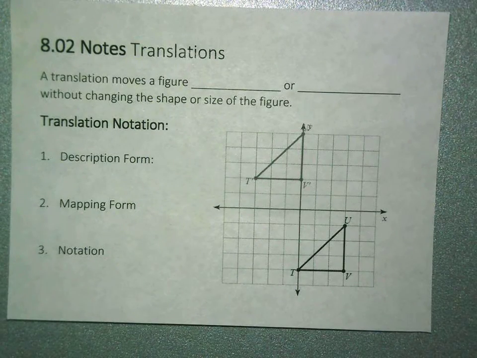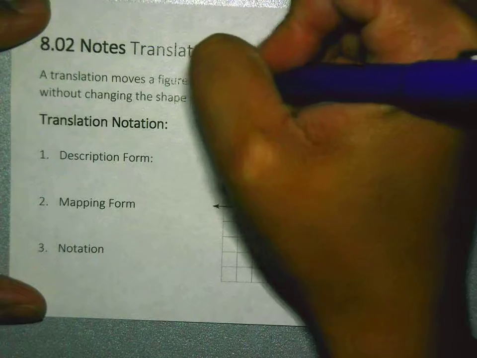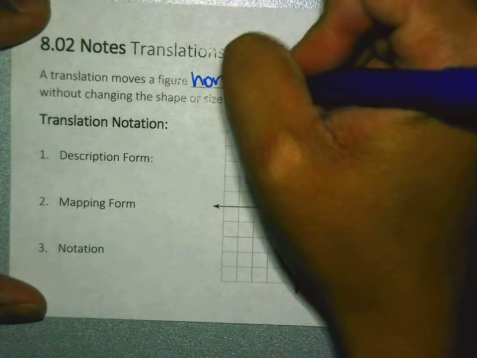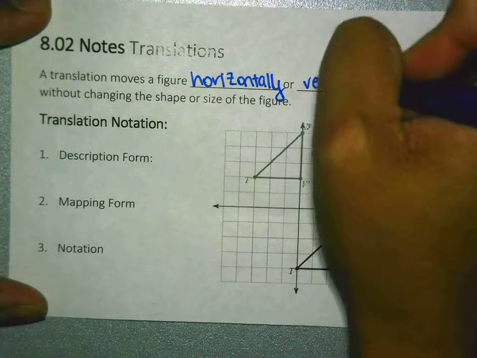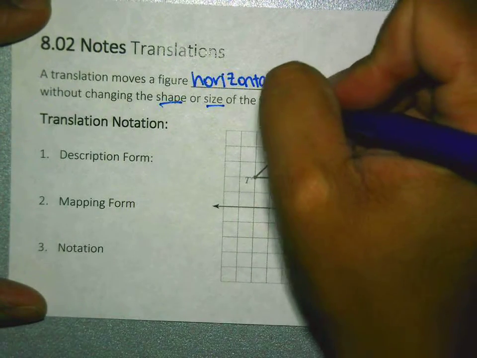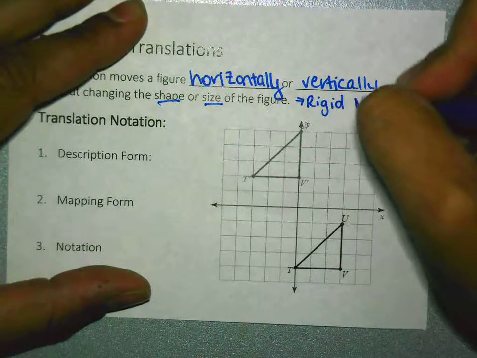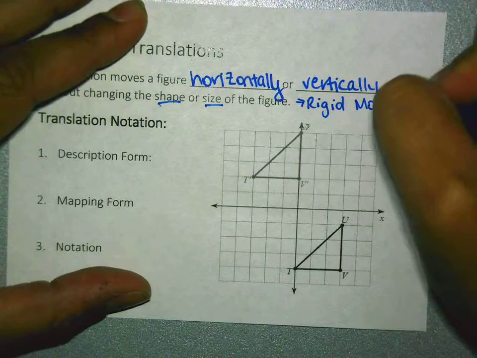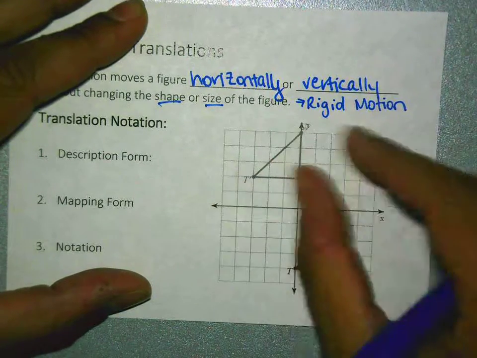Translations is one of the three types of transformations that we'll be digging into today. A translation moves a figure horizontally and vertically without changing the shape, and we refer to this as a rigid motion. Rigid meaning not changing the shape or the size, literally just moving something from one location to another through a